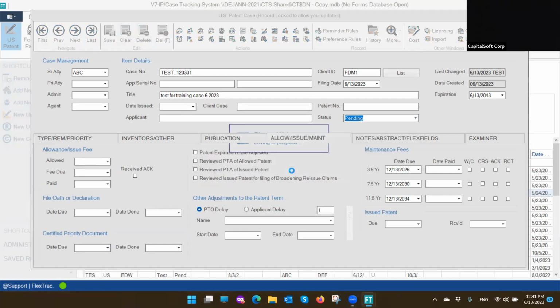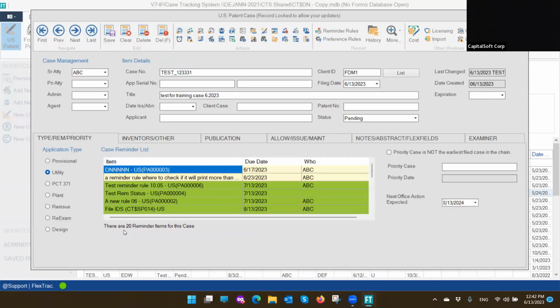Save. Yes. Okay. Let me just clear this. Okay. Save. So we have a pending case here. You see I have 20 reminders now because I just deleted the expiration and the maintenance dates. Let's go ahead and create a